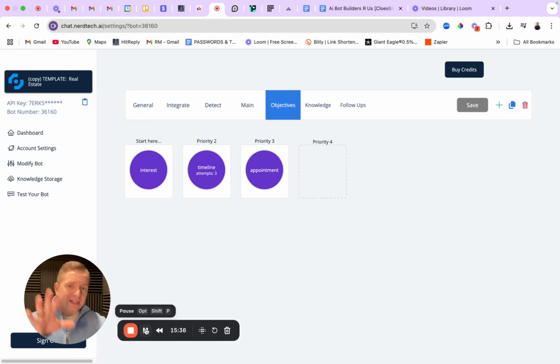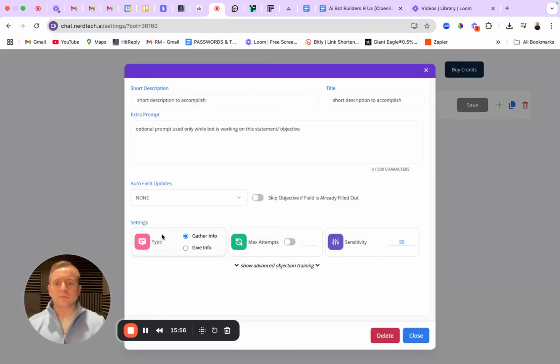So as we get into setting up the objectives, here's exactly what this is going to look like. The objectives are basically saying this: you're going to take this objective first and then move on from left to right. So you're going to accomplish thing 1, thing 2, thing 3, thing 4, and you're going to accomplish these things in order. So the first thing that I want this to do is I want it to actually collect